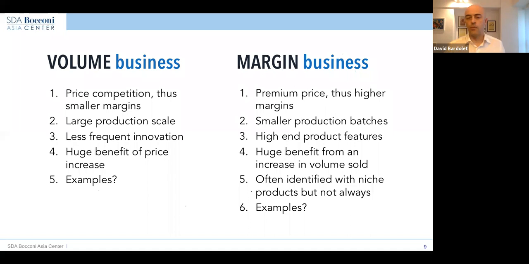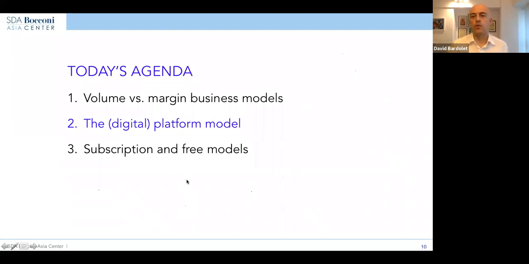Good. So I think at this point, I want to move on. Hope this distinction is clear. Okay? And I want to stress, once you choose one or the other, a lot of the choices inside the company about what type of product, what type of channel, what type of customer segment, what type of manufacturing process, what type of marketing, etc., flow naturally from that decision. Okay? So it's not that first you choose and then you decide everything else. It's back and forth, but the distinction is very, very key and very important to bear in mind. So we're moving on from this first point to the second.